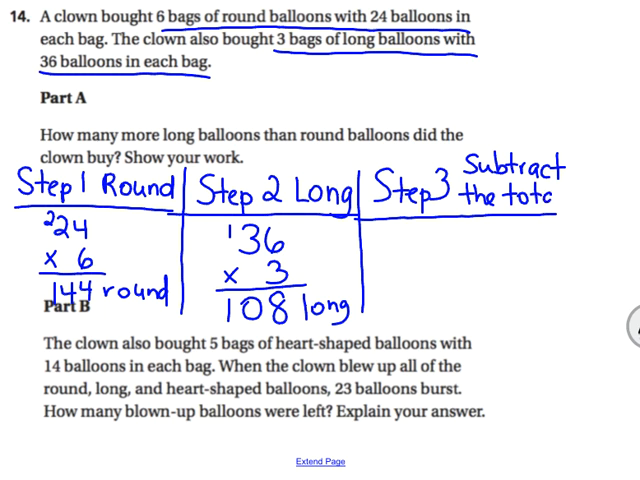Subtract the totals, right? 144 take away 108. If I have 4, I can't take 8 away. So I go to the 4 next door, cross it out, make it a 3. This now becomes 14. 14 take away 8 is 6. 3 take away 0 is 3. So 36. So there's 36 more